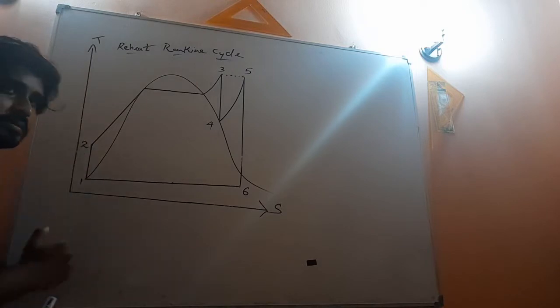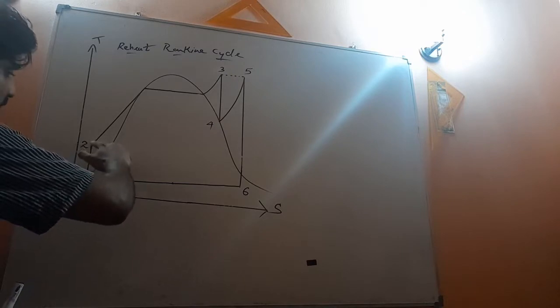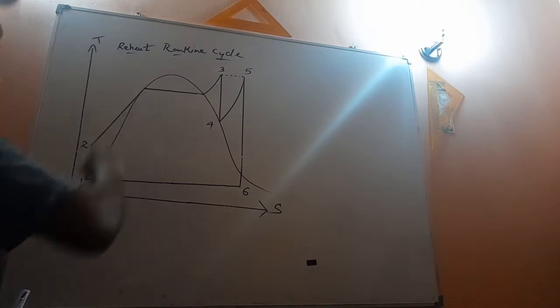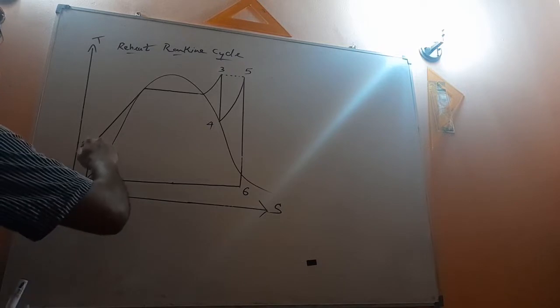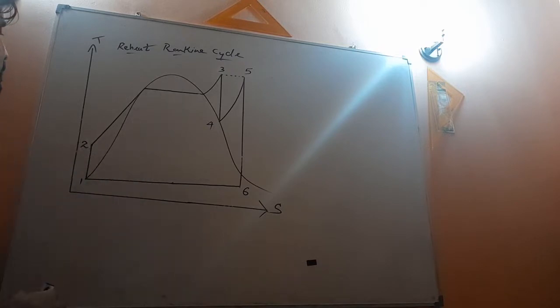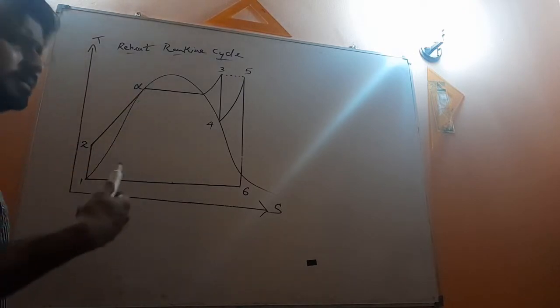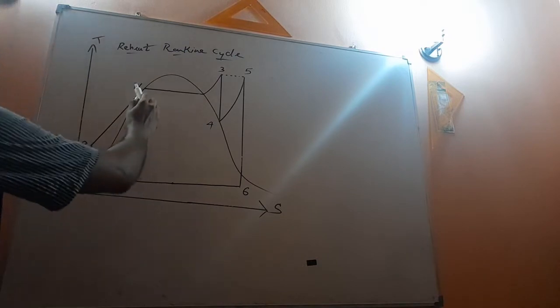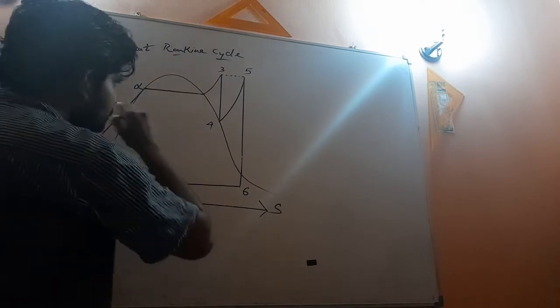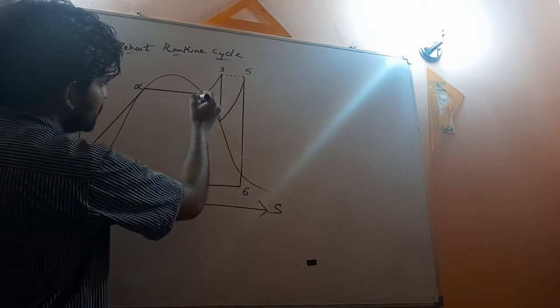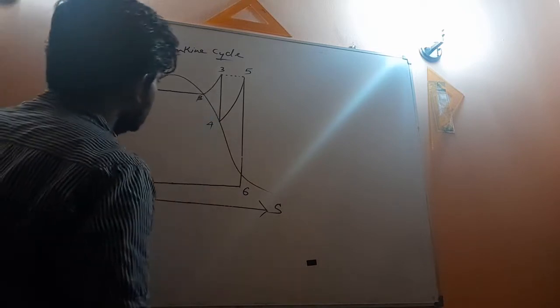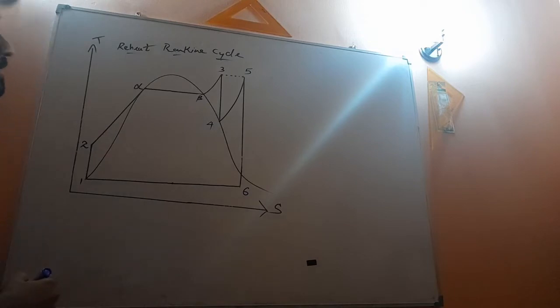And then this line, I will not put any number there, so let's say position alpha, so that would be easy for us to understand. Let's say this point as alpha and this point as beta. So 1 to 2 is a straight line, 2 to alpha also a straight line, alpha to